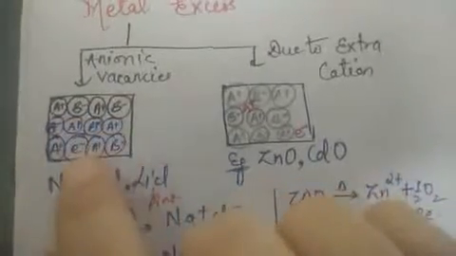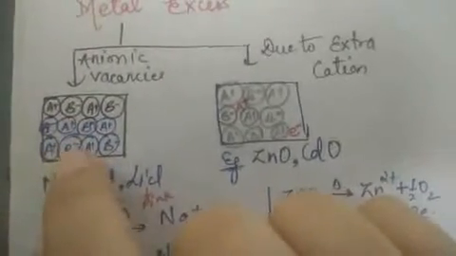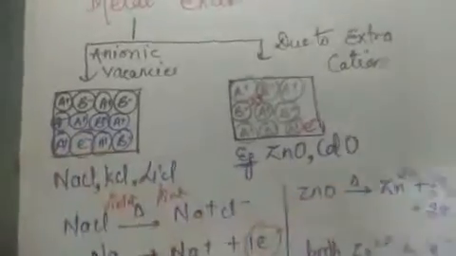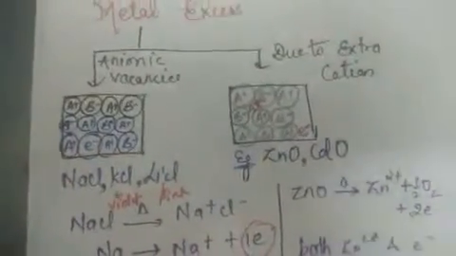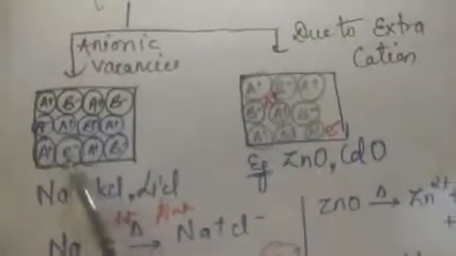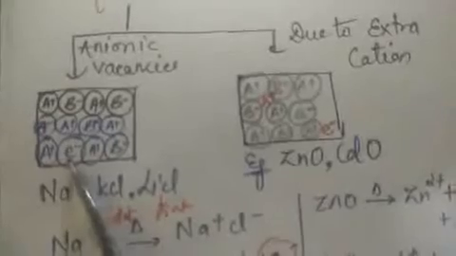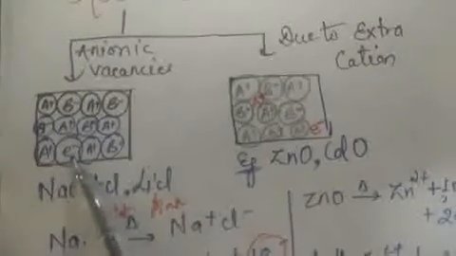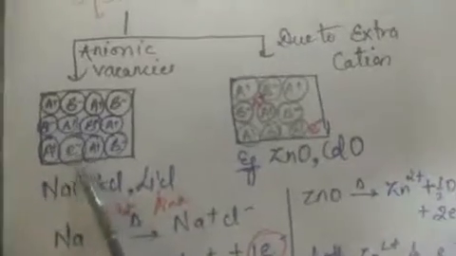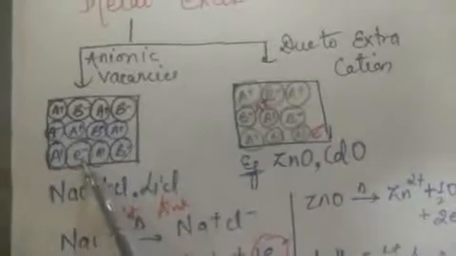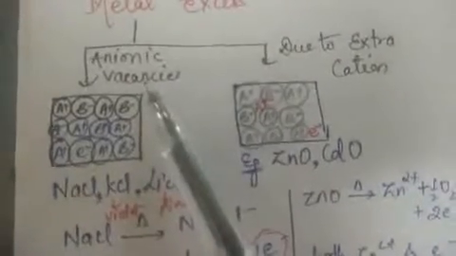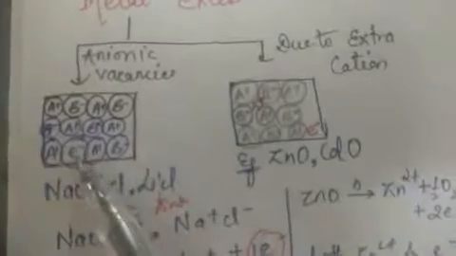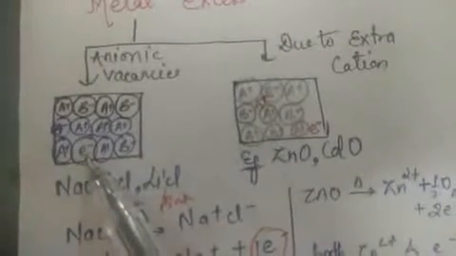If we look properly at the last line, after A plus here it should have been B minus. It means an anion should have been there. But what happened is the anion has left its place. The anion is not present, and in place of the anion, an electron is sitting. So what is actually an anionic vacancy? In anionic vacancy, an electron is trapped in place of an anion.